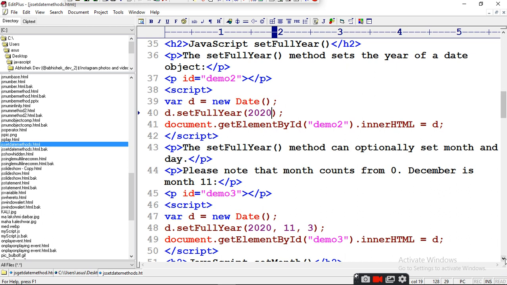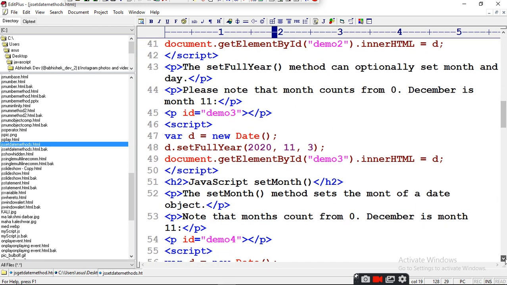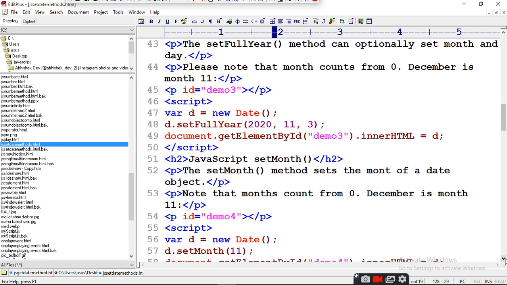The next is JavaScript setMonth. JavaScript setMonth will set the month of a date object. Note that month counts from 0. December is month 11.